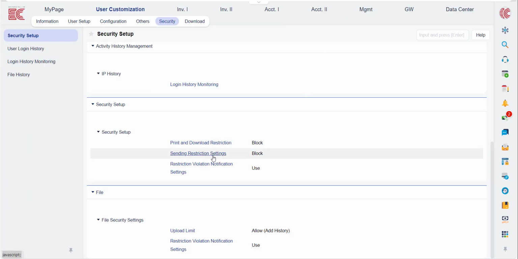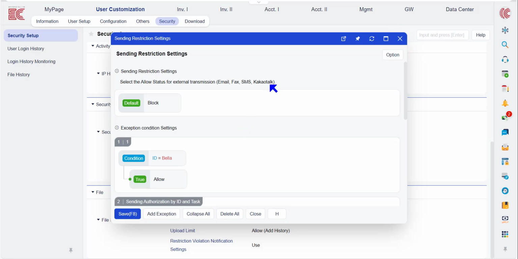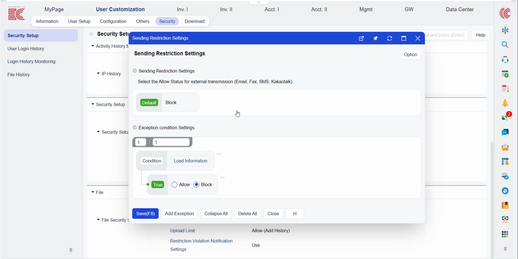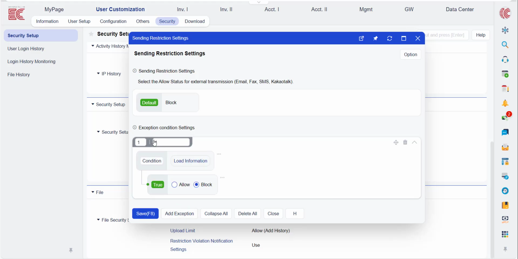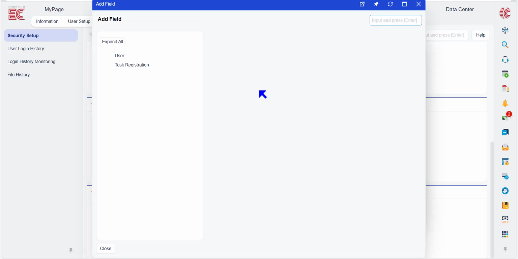The next is sending restriction settings. This settings allows you to send a sales slip or a customer vendor book using email and other methods. The methodology is the same for the print and download restriction as well. For instance, if you would like to restrict sending as default, make sure to click block. And if you only want to allow the sales team to be able to send the sales slip, then make an exception, enter the exception name, load the information,